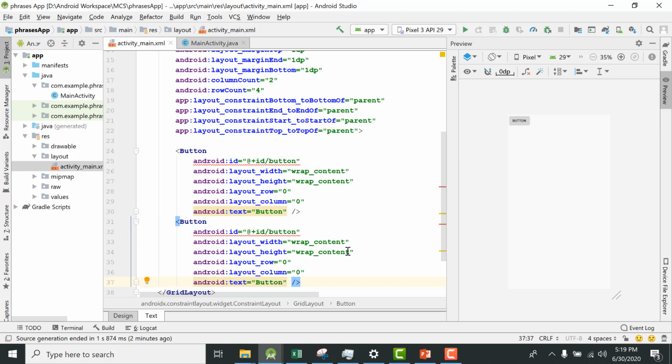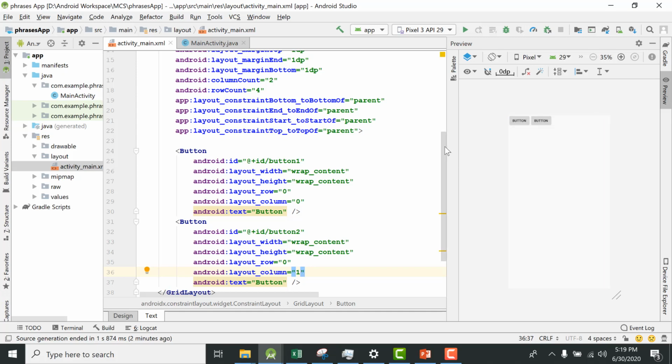So now this is button 1, this is button 2, and yes, the row is 0 and the column is 0, but here the column is not 0, it's 1.